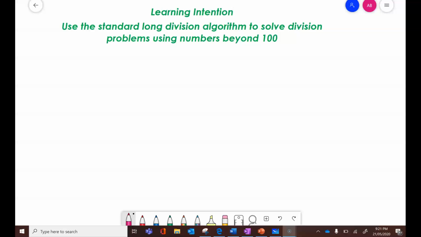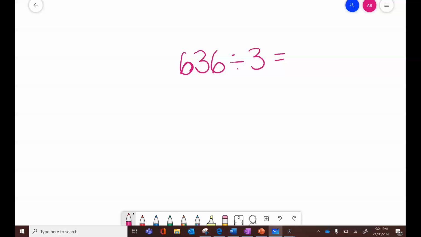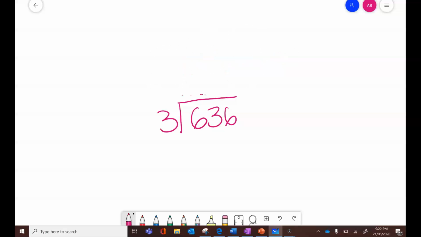So the first one we're going to look at is 636 divided by 3. So we're going to write that as a division algorithm, just like Mrs. Barr showed you in class. So we will do 636 inside our little box, divide it by 3, and our answer is going to be on this top line. So I'm going to rub this out so I've got a little bit more space. So on this top line, I'm going to look at the first thing. We do divide,